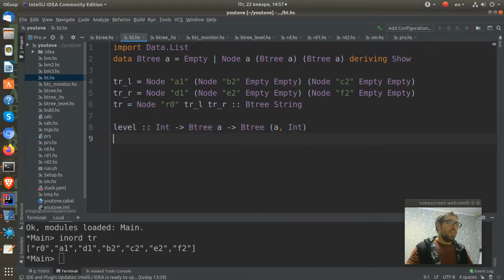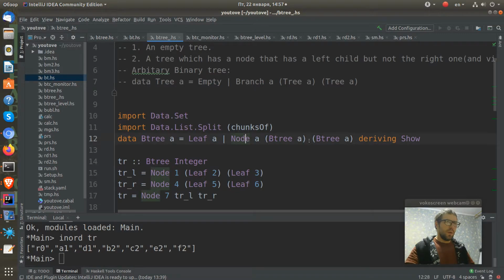Let's look at our tree definition here. The tree of type A is either the empty tree or the node which contains this A and two trees. And of course, this is a new type definition. In the previous video I did some other definitions of the tree, some types of complete trees. We can see it here. I did these type definitions,